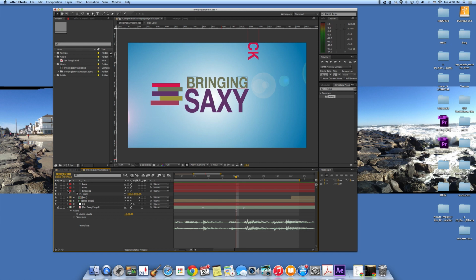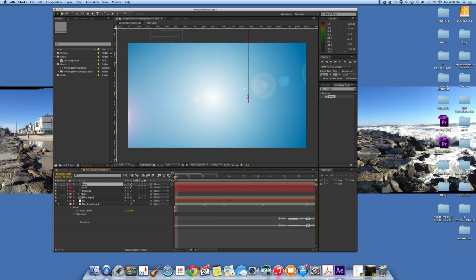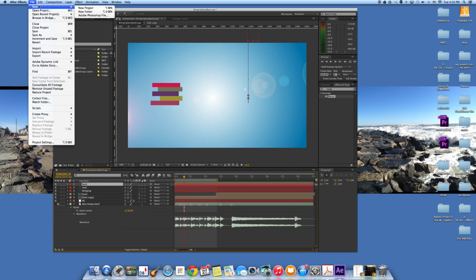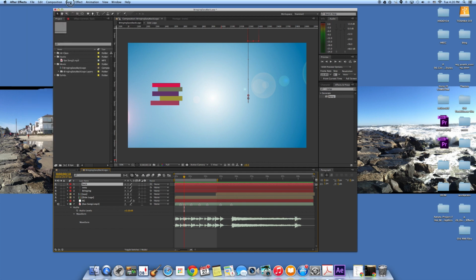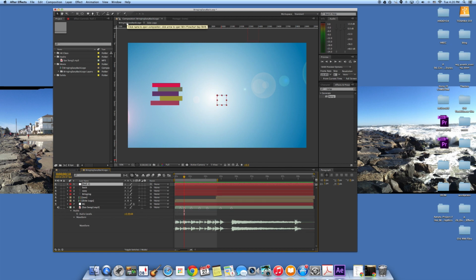Before we RAM preview, let's do one more thing. I want to introduce another piece, because what we want to do is zoom this up here, but in order to do that, we're going to do this in a different way. We're going to introduce null objects. If we go under Layer, New, Null Object,